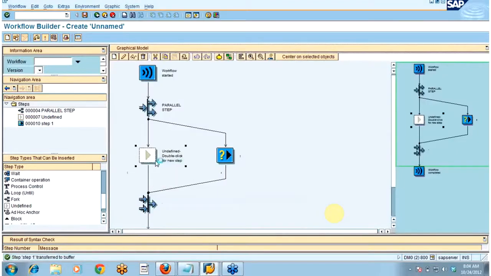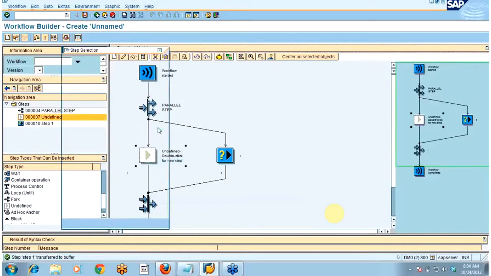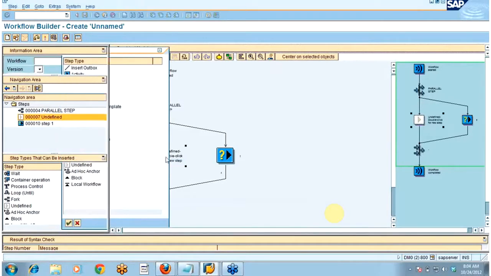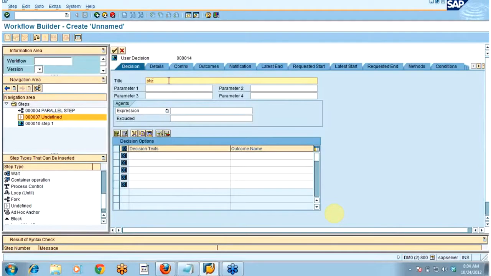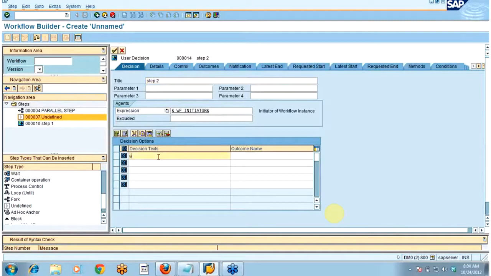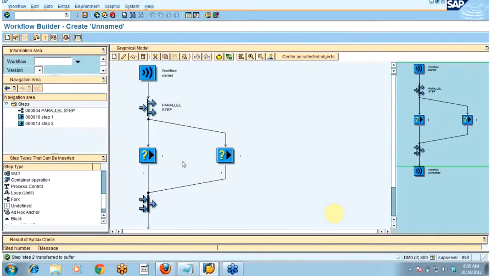And in another branch, again I'm creating one user decision step as step 2. So I have got two branches with two user decision steps in this particular fork.